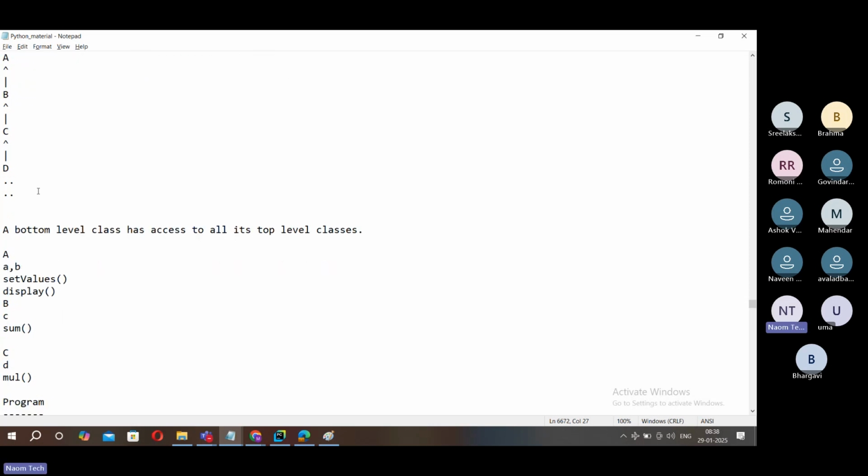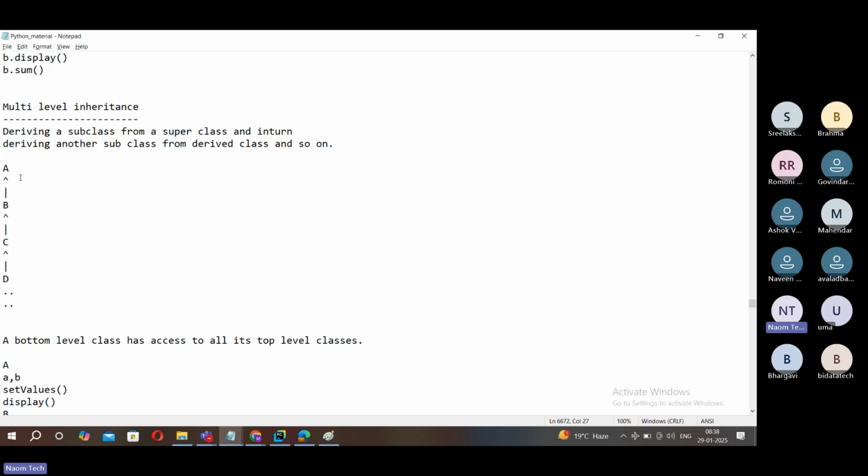And what is inheritance? Whatever properties are there in the superclass, all those properties are inherited to the subclass except private properties. And that is what we call